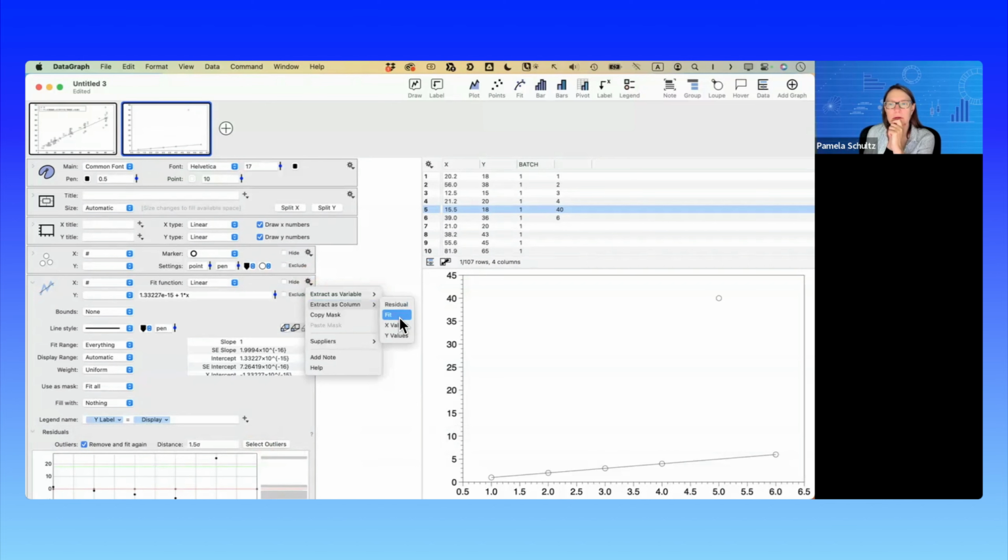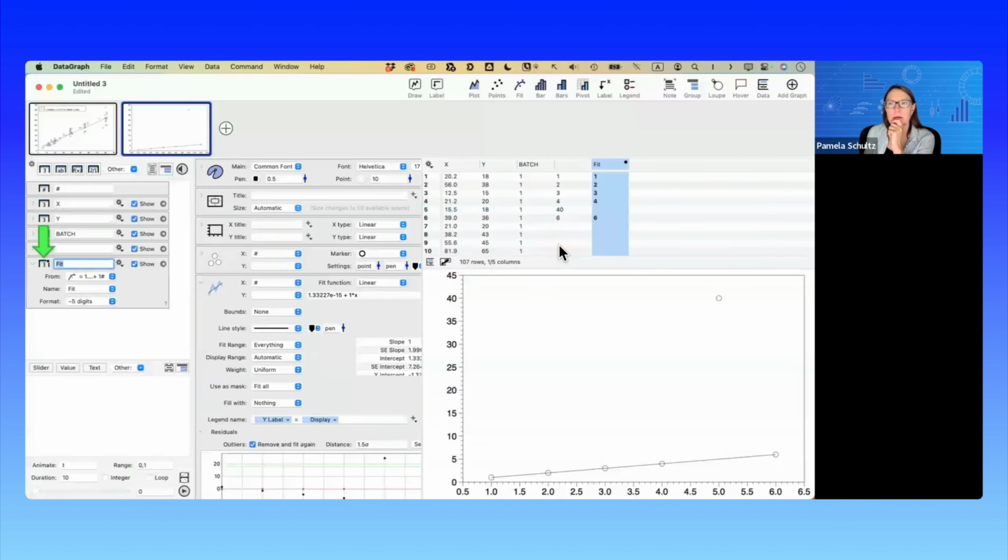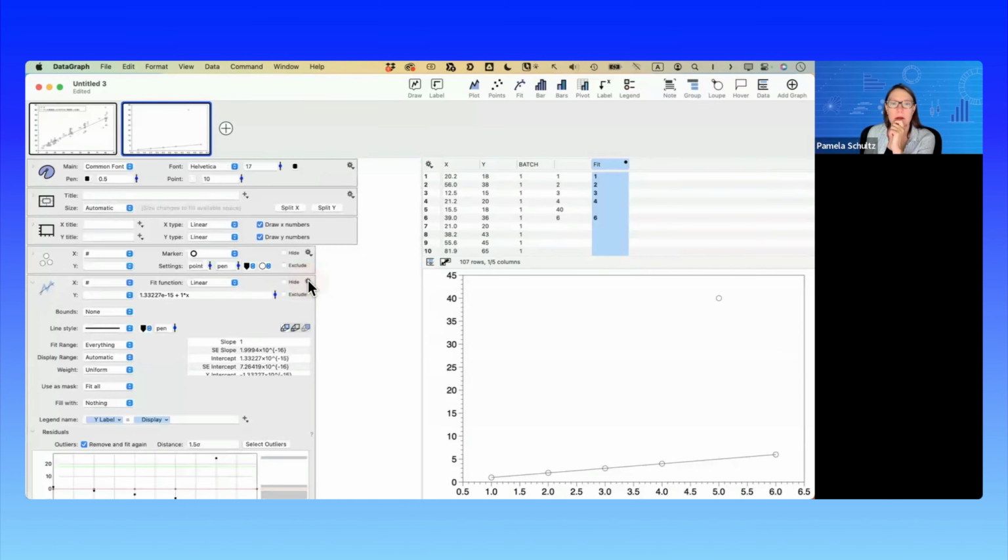Residual fit, unless it's the, oh, okay. So here's how you can get what they are. So if you go to the gear menu and you say extract column and you say fit, that's going to, or actually probably any of these,